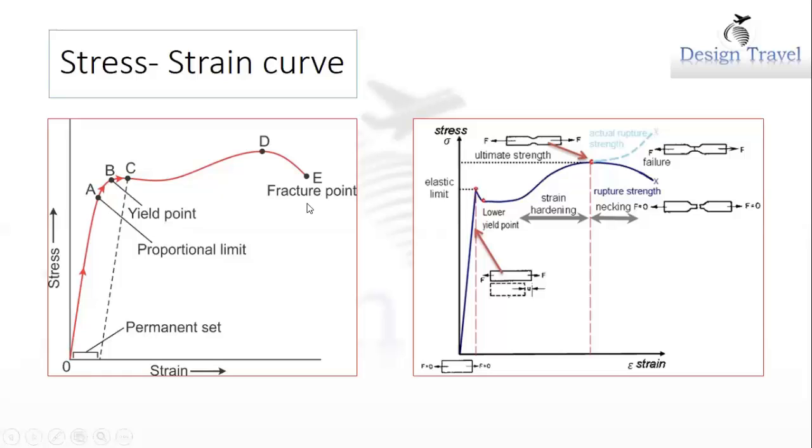So let us open our eyes a bit. Look at the right side figure. The same x-axis represents strain, the y-axis represents stress. See the material which I'm taking. Initially the force is 0 on both sides. So I'm going to apply forces with the help of a UTM machine. One end is fixed, and on the other end the load is applied tensilely.